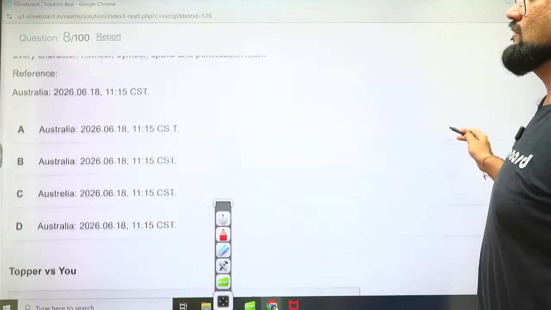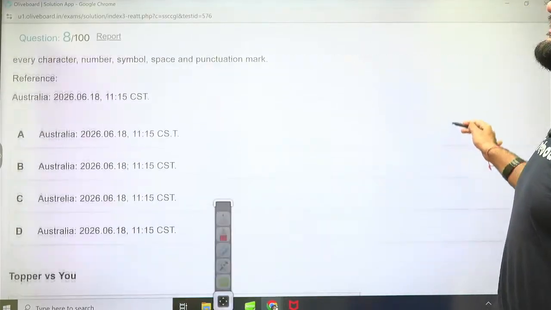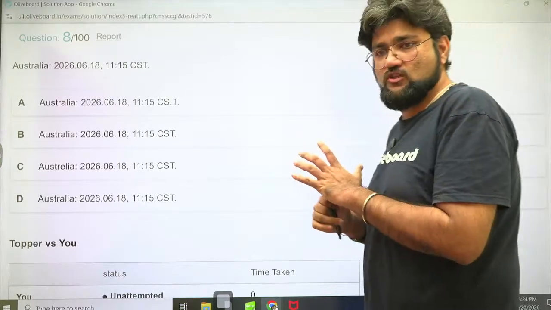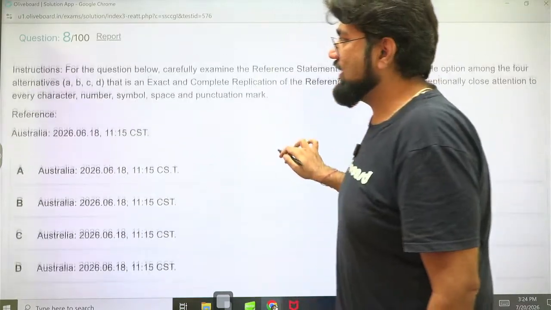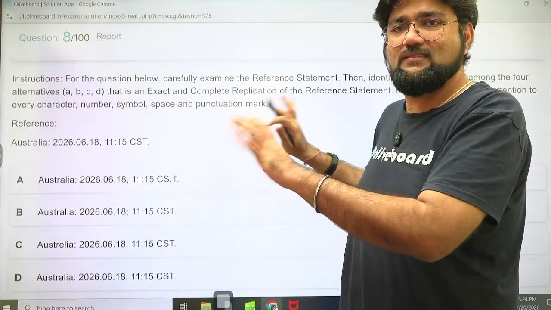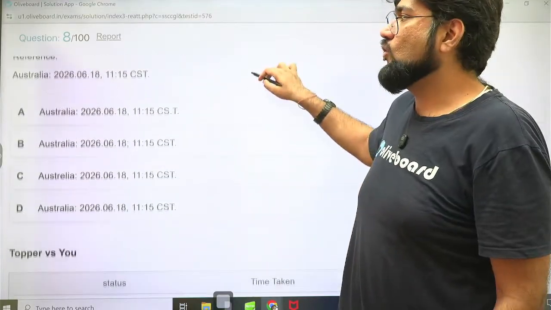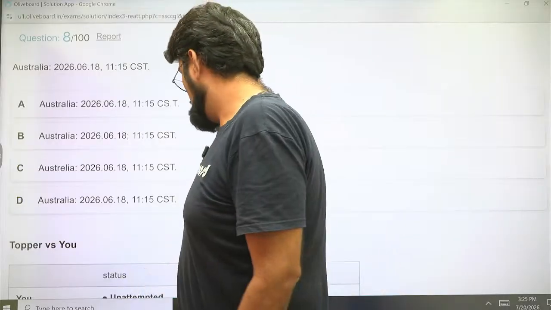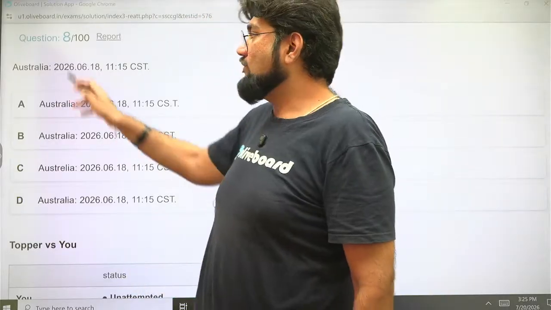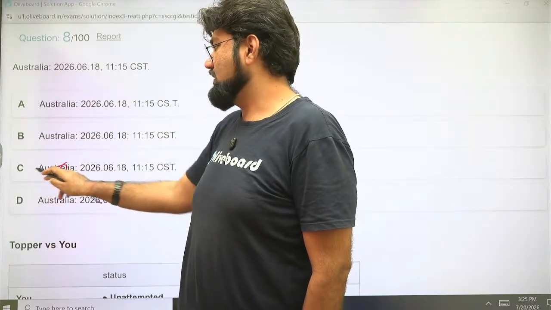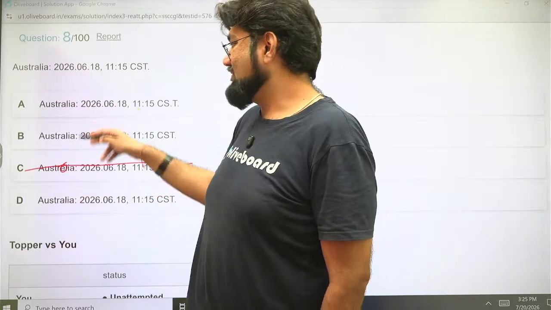Next. Okay, the question actually is trying to tell you that this is your reference address. Check the exact matching option. Now, the paragraph is also mentioning that every little detail, colon, semicolon, comma, etc. will matter. So that we already know. If you're ever checking an address, a matching question will always be thoroughly examined. Always go vertical here. So Australia, Australia, Australia, the spelling is incorrect here. So option C goes. Then we have semicolons, okay,